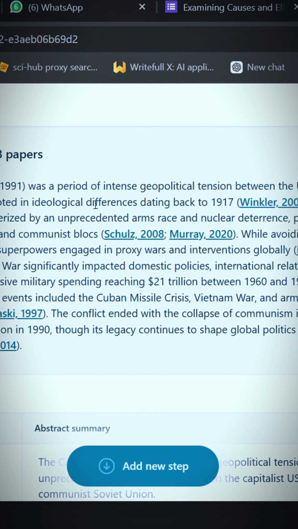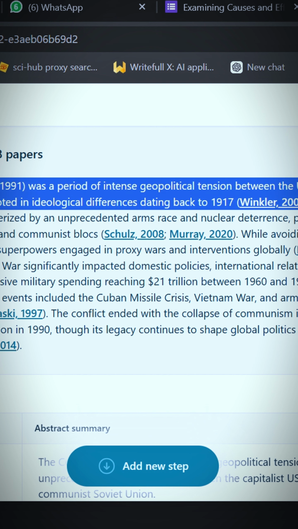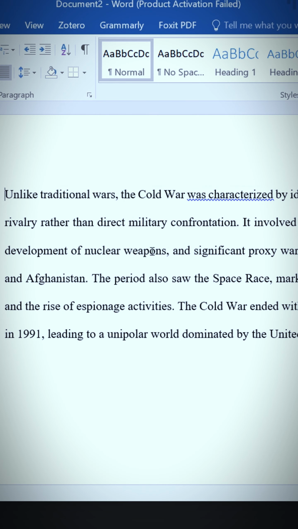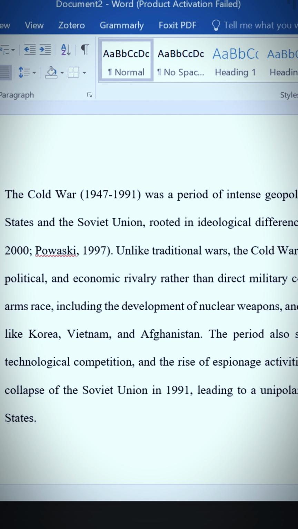So what I will do here is, since it's similar, I can copy and replace with what I have. So you just copy, go back to your sentence and replace it. So you clear this one, then you replace it with the one that you copied from Elicit. So here we have it. So we have our in-text citation. Yes. So after that,